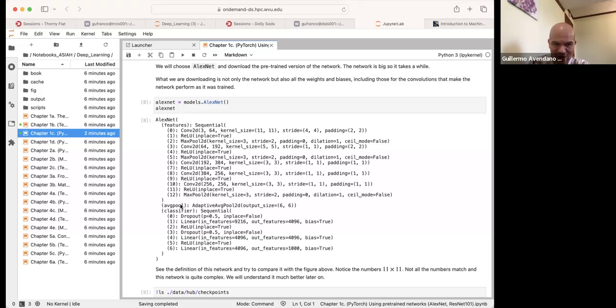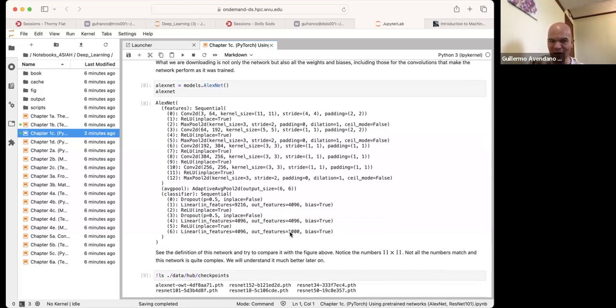Now at the end, it goes into a linear network. I don't know, the size of that is 9,000 elements. They compress that into 4,000 elements, and they finally compute